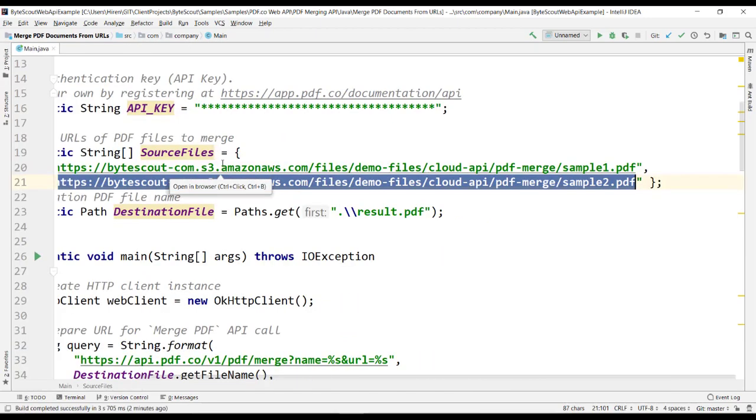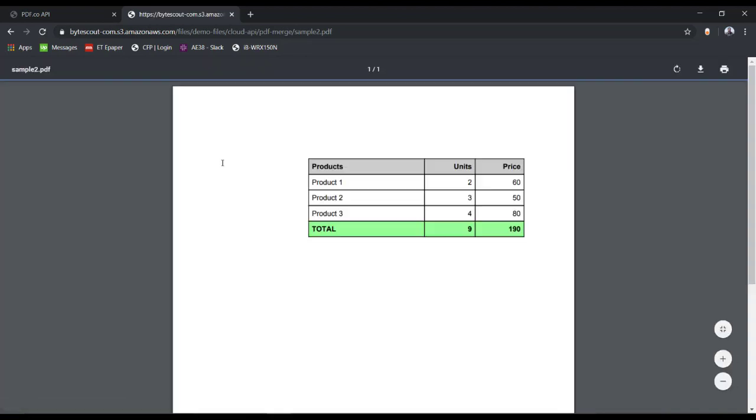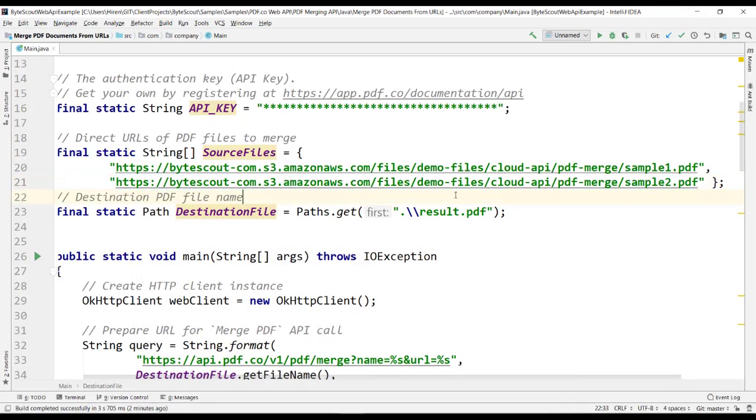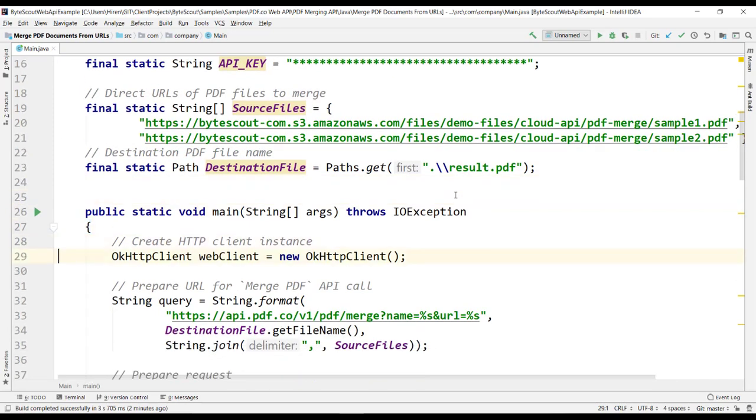Let me expand a bit into the second file. So there are two PDF files of 2 pages. So the output should be 2 pages, and we have provided the destination file here.